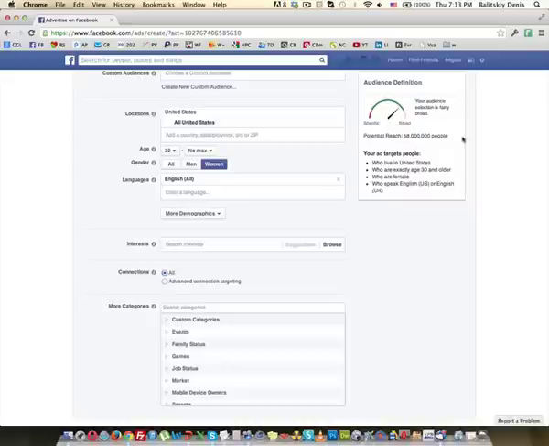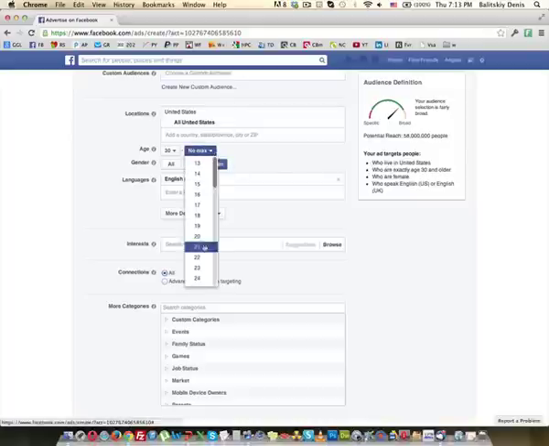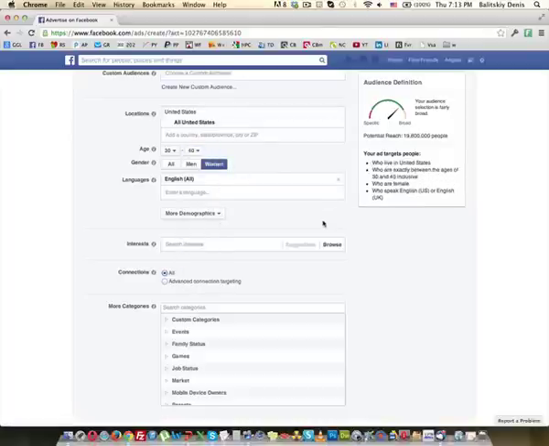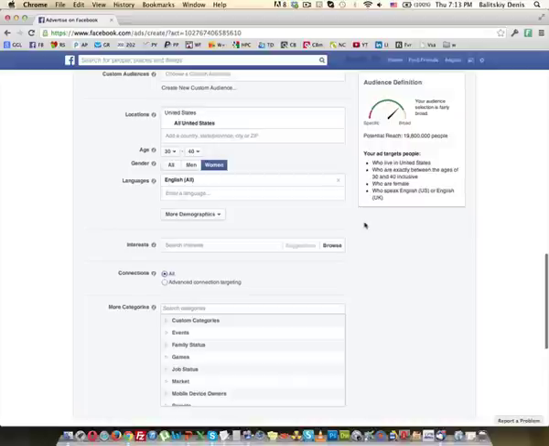So what's going to happen is you could be wasting 2 million potential reach on people who don't even understand your ad, and your click-through rate is not going to be so good, and therefore you're not going to be paying the least amount of money possible. Okay, so remember this. If you're targeting a country, use the language. I always do the same thing. I'm always very, very, very specific about my campaigns. So what I would do, and this is just an example, I would target United States, age 30-40, women, English all. Okay, let's say that I am doing lose weight.